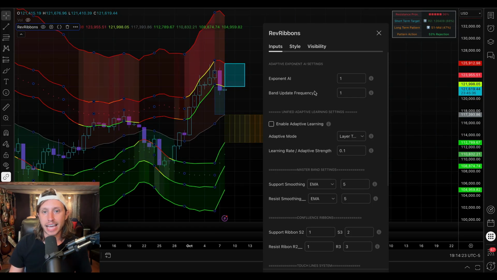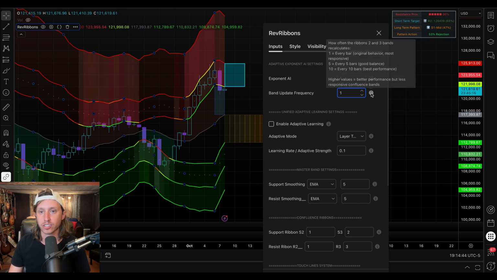Next, we're going to look at band update frequency. This is how often the bands update to the information that is given them through the Exponent AI, etc. So if you want the bands to update a bit slower, be a little bit more laggy, but maybe a bit more smooth, I would take this up to 2, 3, 4, or even 5. I think it goes as high as 10. I believe that was the extreme. Yeah,